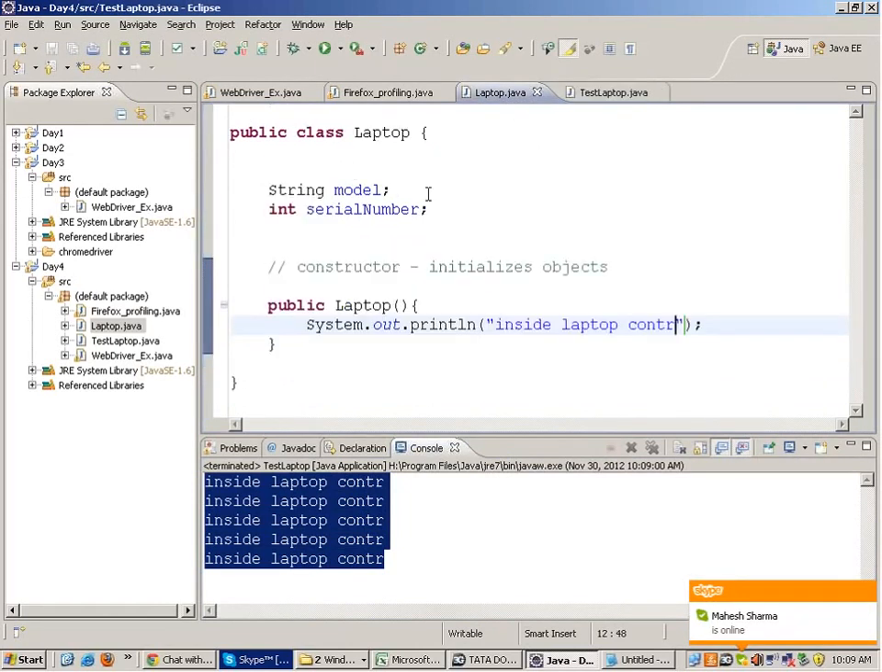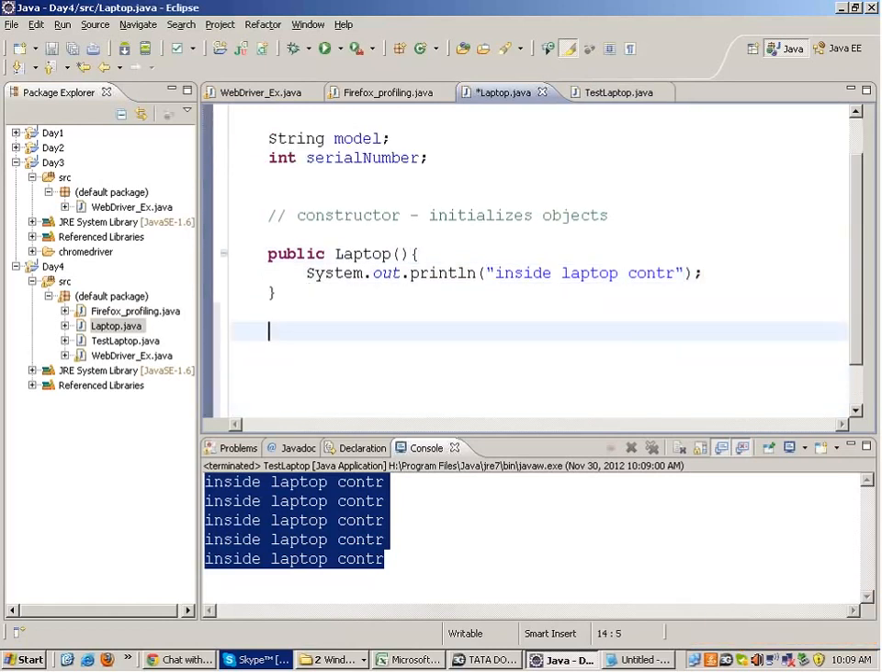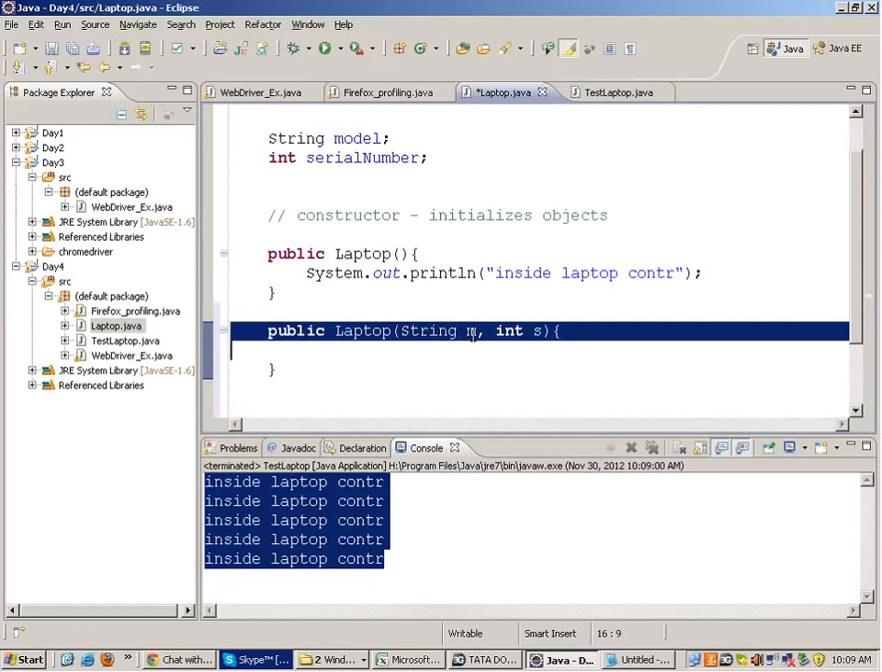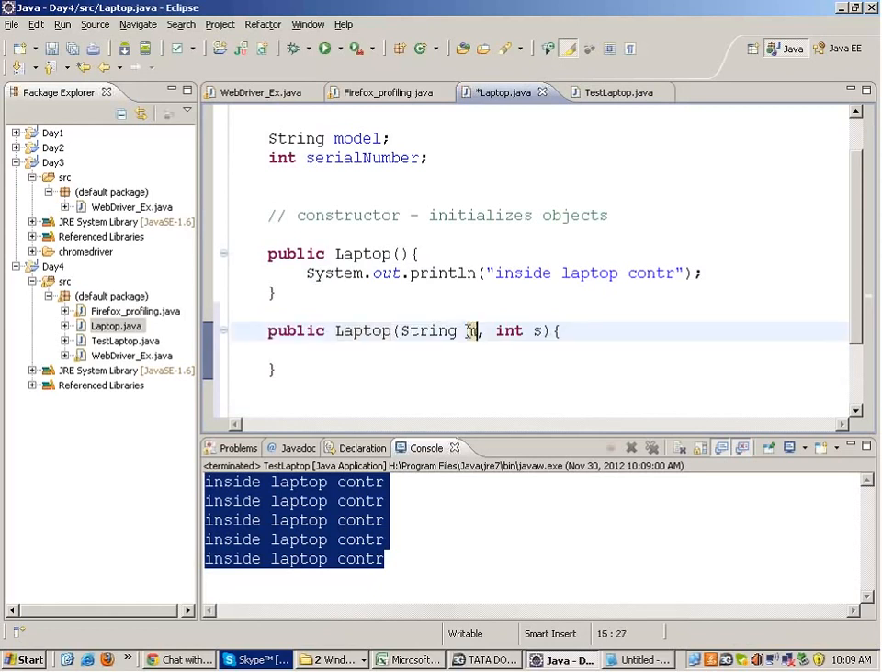And I can have different forms of constructors. I can make one more constructor, public Laptop, String m comma int s. This Laptop constructor will accept the model and the serial number. This concept is known as overloading in Java. That is,